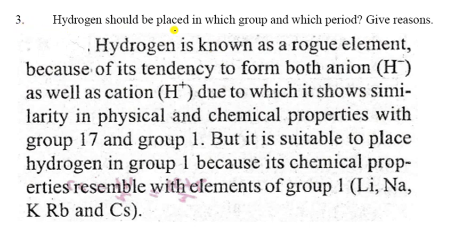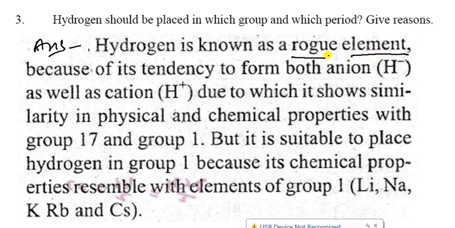Question number this one. Hydrogen should be placed in which group and which period? Give reason. So that one is your answer. You have to write: Hydrogen is known as a dual element. Always remember it is called a dual element because it has the tendency to form both anions and cations also,